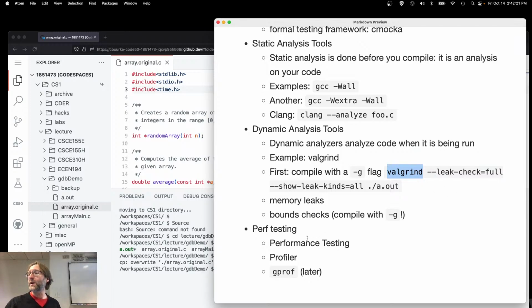Something that we're going to look at much later on is another dynamic analysis tool called profilers for perf testing. Perf testing is just a cool way of shortening performance testing, I guess, right? It's performance testing or perf testing. You run a profiler on your code, like gprof, we'll take a look at that later, and it'll run your code and simulate it and say, 90% of your computation time happens in these two functions. You might want to check that out to see if those are implemented correctly or if there's a way to